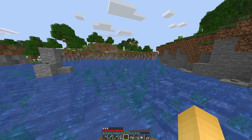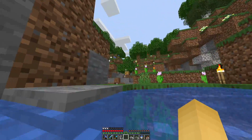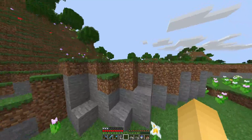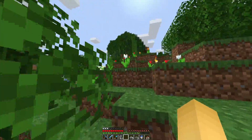This is turning out a lot better than I actually expected it to be. There's still some things that need to be done with these. These are nowhere near finished. Like if I run up here real quick, they're just hollow on the back. I haven't done anything else, but once I finish the lake for sure, completely, I will